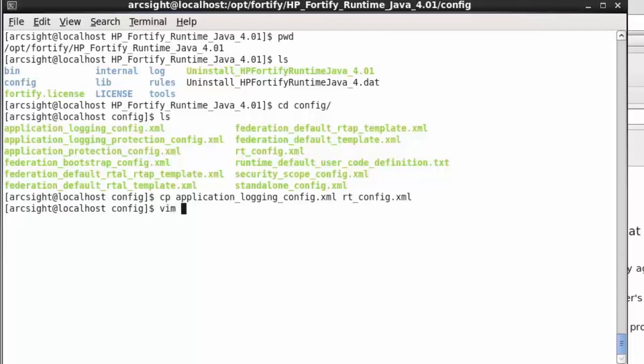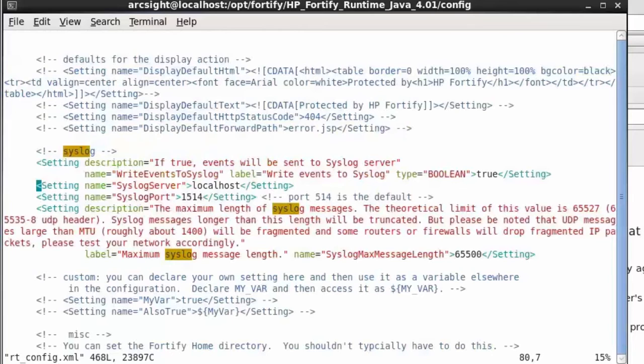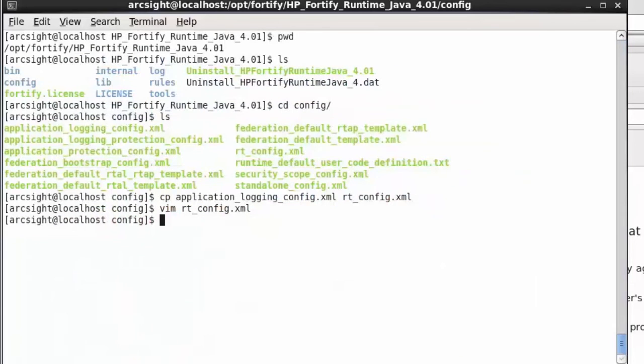We only need to set one variable, which is where the runtime agent can find the syslog connector. So in our case, our syslog connector is on the local host port 1514, so that's correct. Now that we've done that, we have to add our agent to the web application server. So in our case, our web application server is in demo riches bin startup sh, and what we have to do over here is we have to add in front of this command